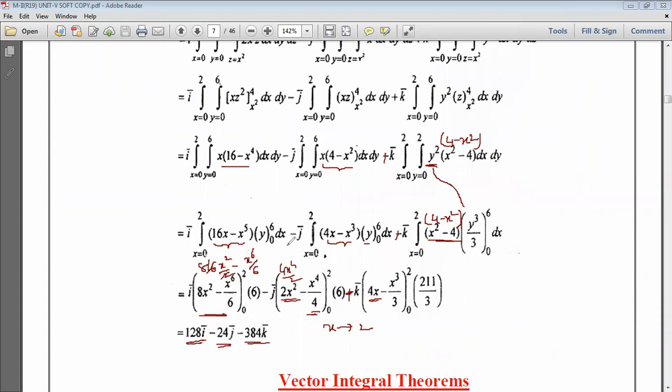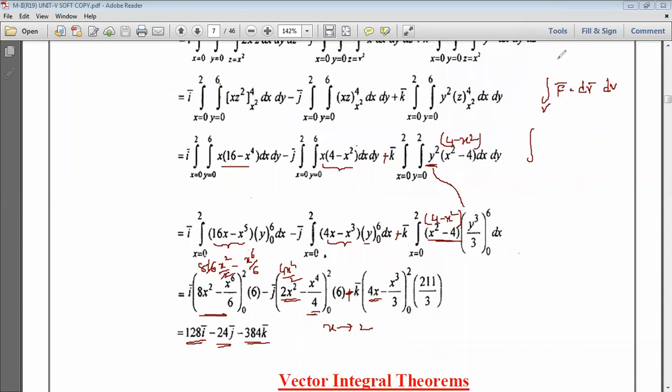So this is the pattern we need to follow to solve a volume integral, same as what we do in triple integrals, but the difference is that there the integrand is just simply a given function. Here we have a vector point function, a vector function we are taking. And if it is a scalar also, suppose they ask to find the integral of f bar dot dr bar over the volume, it means simply what we need to do is integrate. So f bar is nothing but what they give in the problem.